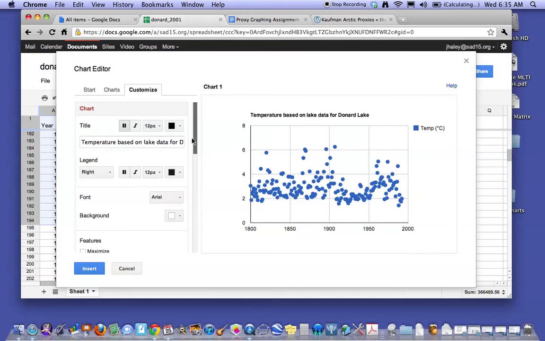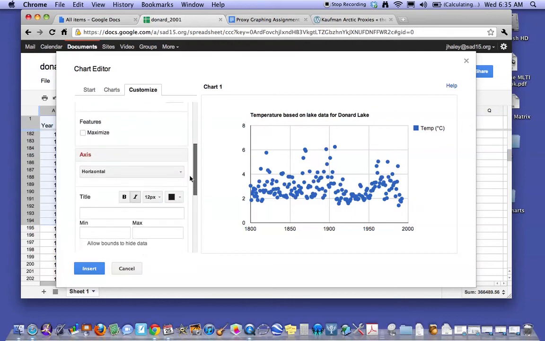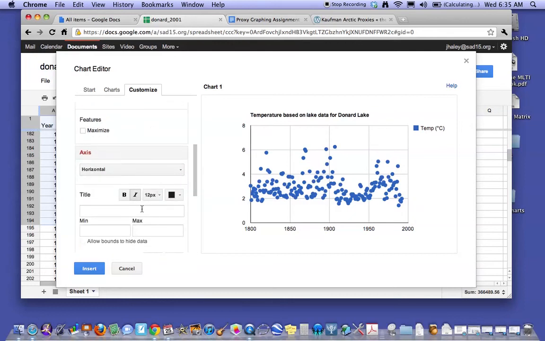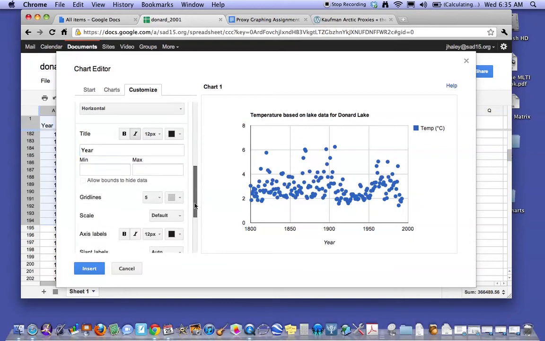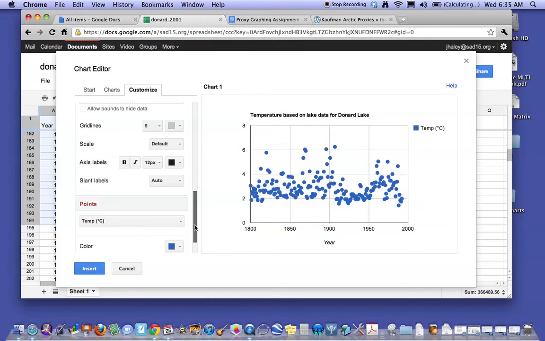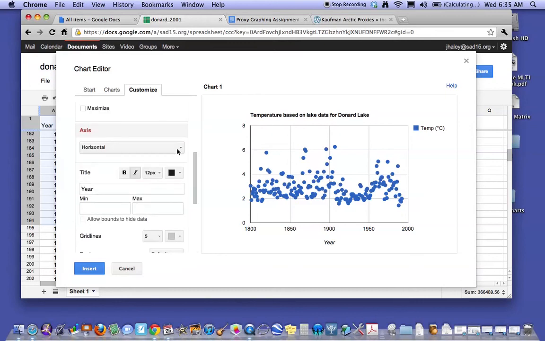And then I can add information about my axes. So the horizontal axis is the year. And then I can switch to vertical, and the vertical is the